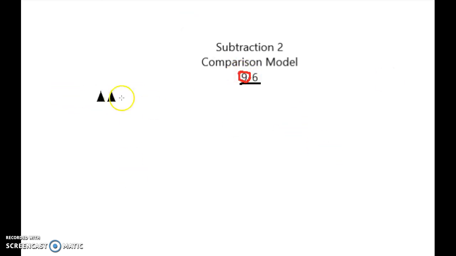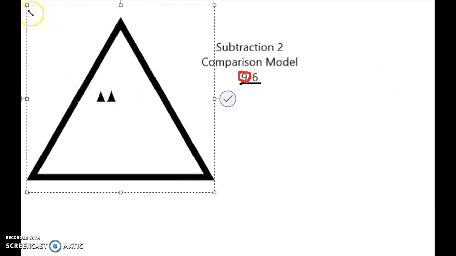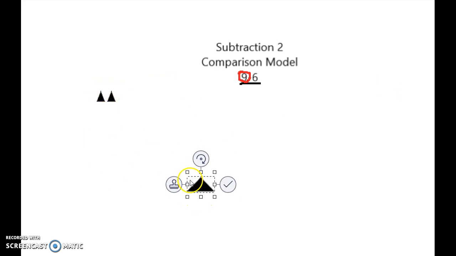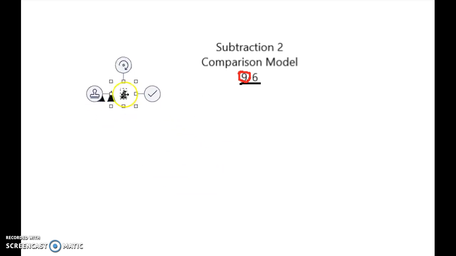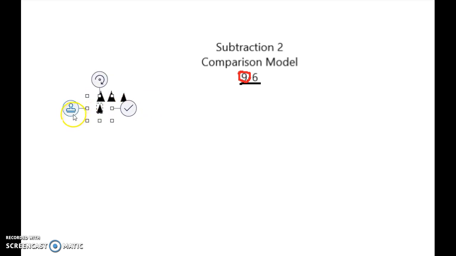So, triangle, and then 3. Oh, it went big again, silly thing. What's it doing? Alright. There's 3, 4, 5, 6, 7, 8, and 9. Alright, now we have the 9